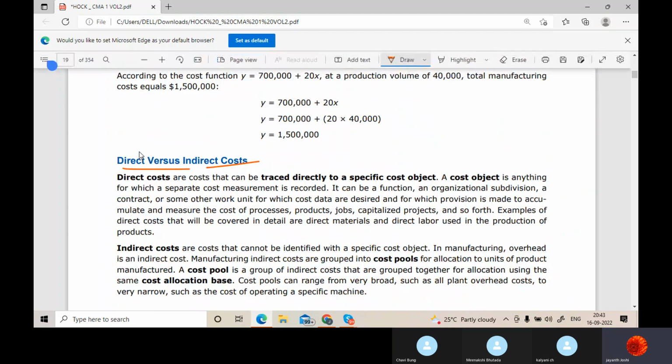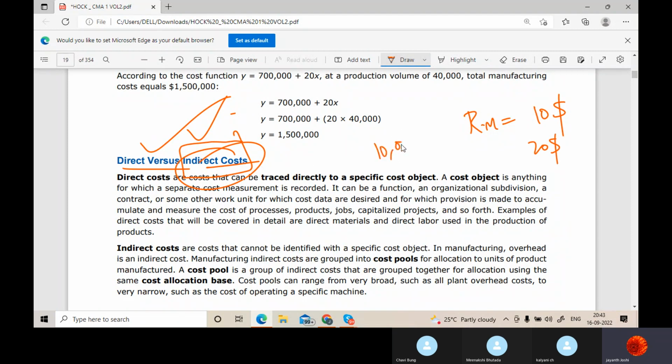Direct cost is the one which is directly attributable towards the production process. Indirect cost is the one which supports the direct activity; whereby you are supporting direct activity, you incur indirect cost. So direct cost is something you know per unit wise. That is, raw material per unit is like $10. Labor you're paying $20 per hour like wages, but overheads or indirect costs are like lump sum amounts,